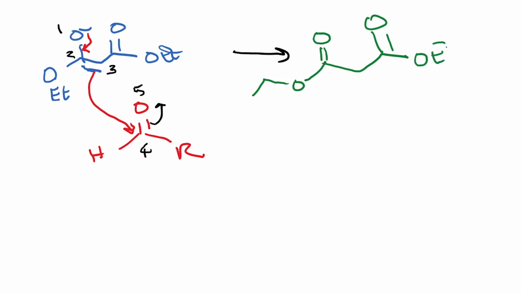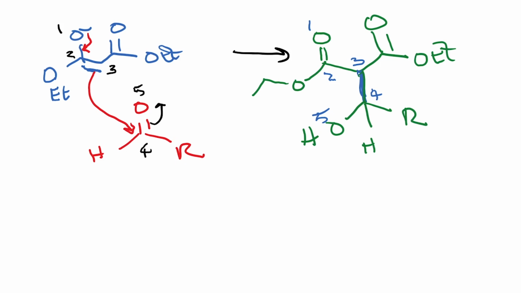OEt, and you have OH, and you have R, and you have H. Okay, so to redo the numbering is 1, 2, 3, and this is the new bond that's being formed between carbon 3 and carbon 4. This is 4 and this is 5. So this is exactly the way we would want it to be, and the rest of the mechanism would be